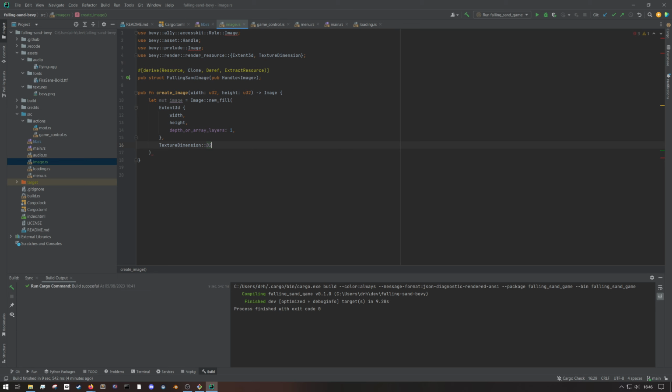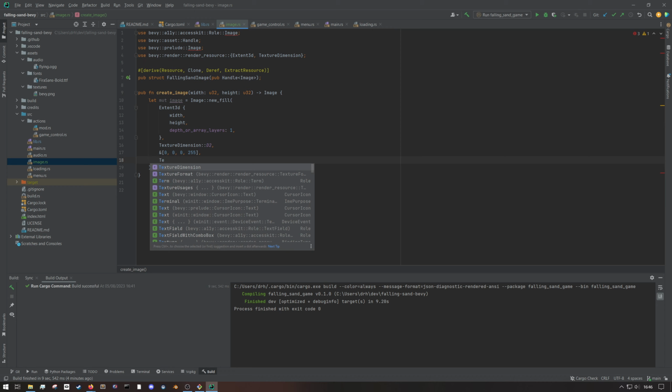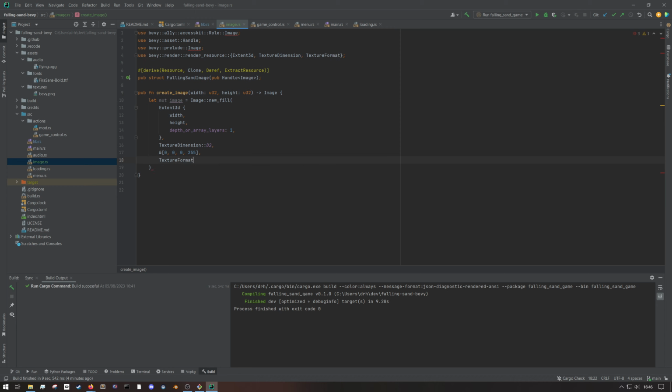And this is now a reference to the actual color. So 0, 0, 0, 255 is completely opaque black. So that's how you do a color like that. And then the final parameter is the texture format, and we are going to do RGBA8